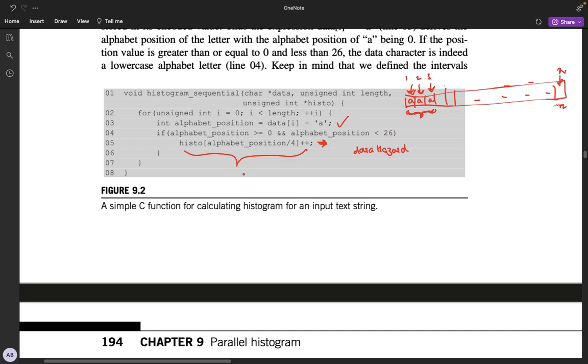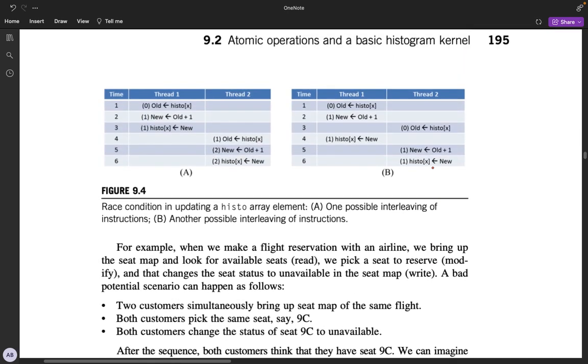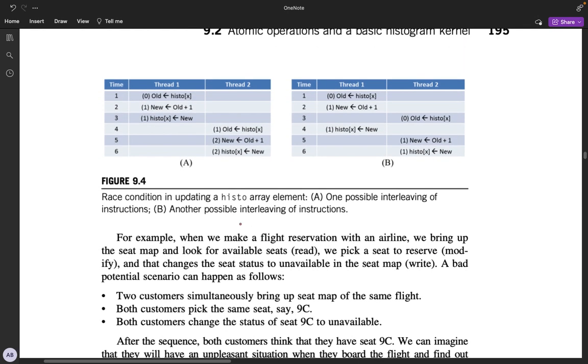3 threads are accessing the same memory location concurrently. We would expect that if initially this memory location had value 0, after these 3 updates it should have a value 3, but because of a data hazard it might have a value 1 or 2 or 0 or 3, any of them, and this is not what we want. And the reason for these data hazards is something called race condition,